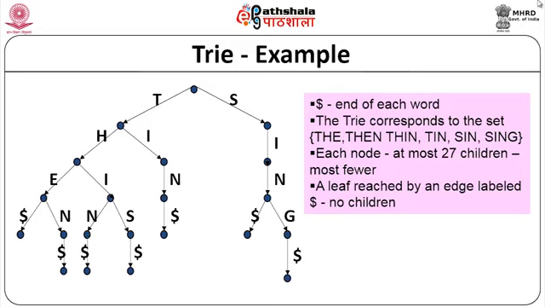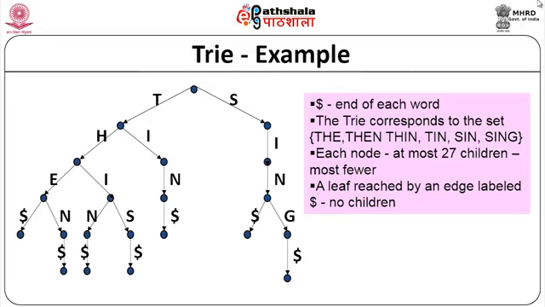Now, after that THE, please note, you have a dollar there saying that that is a word by itself. That is why we are using the dollar, please understand that. Now, when you take THEN, after the E you put an N, after the N you put a dollar indicating that it is THEN. Now, after THI, what do you do? You put THI, put an N and put a dollar. Okay. So, that finishes this side, and then TIN again.